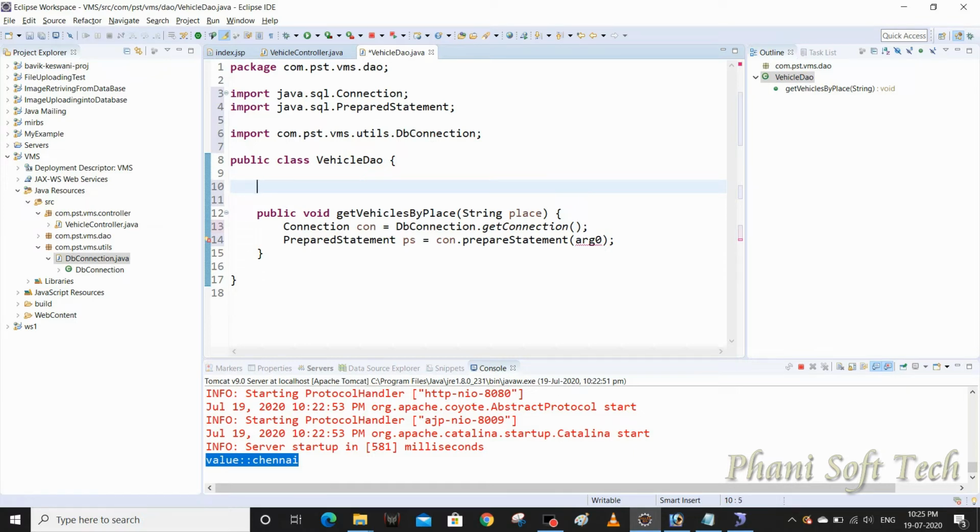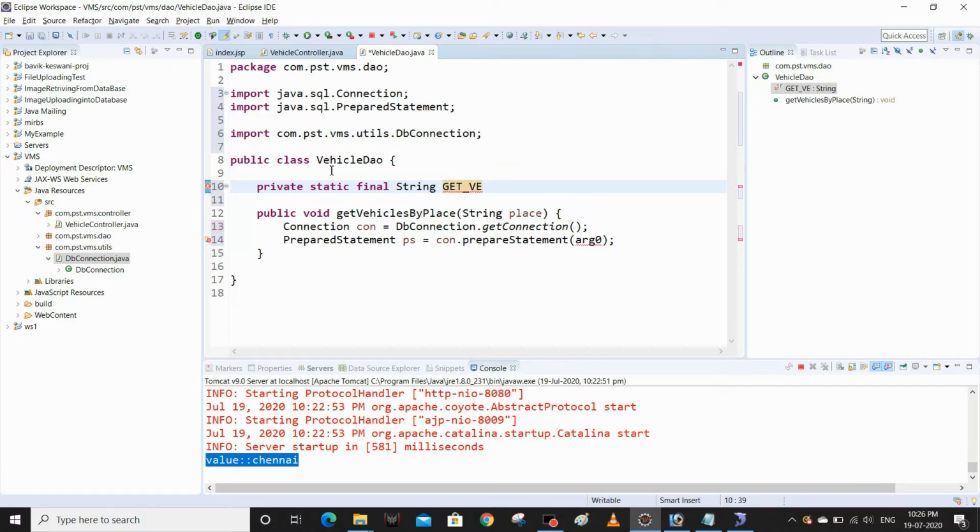It should be private static final String, and the query name is getVehicleDetailsByPlace. Okay, it should be meaningful guys.